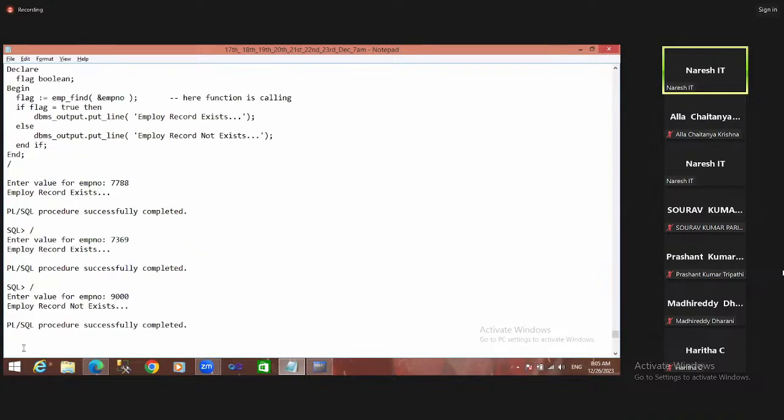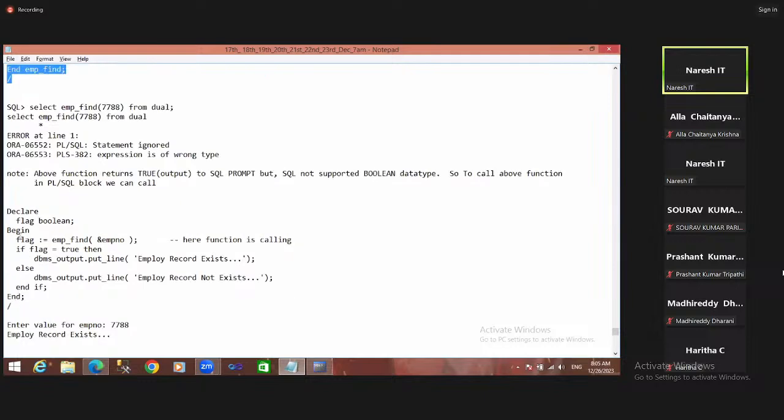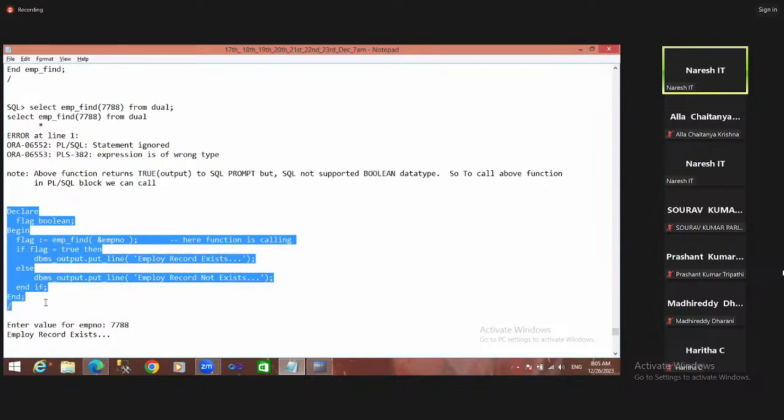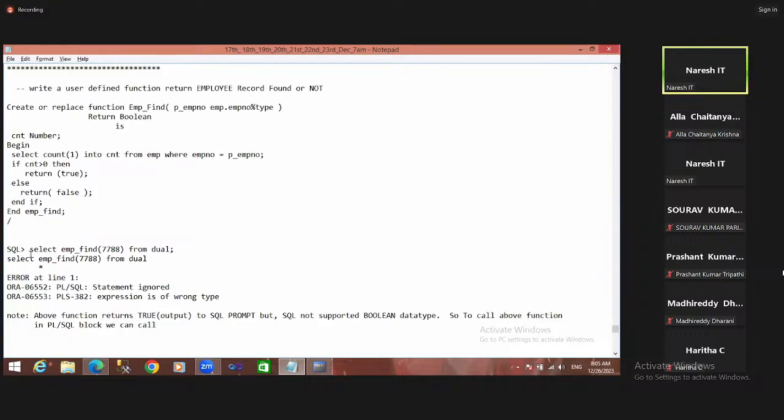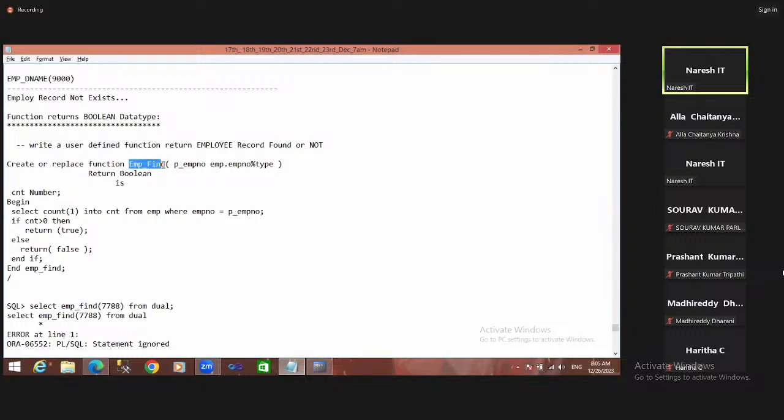Sir, why are you writing this function, sir? Simply we can write one single program and it is completed. Again, you write the function, sir, again calling the function. These lines of code are not required. Yes, exactly, this many lines are not required, guys. But this is the common program. Now this function we can call in any